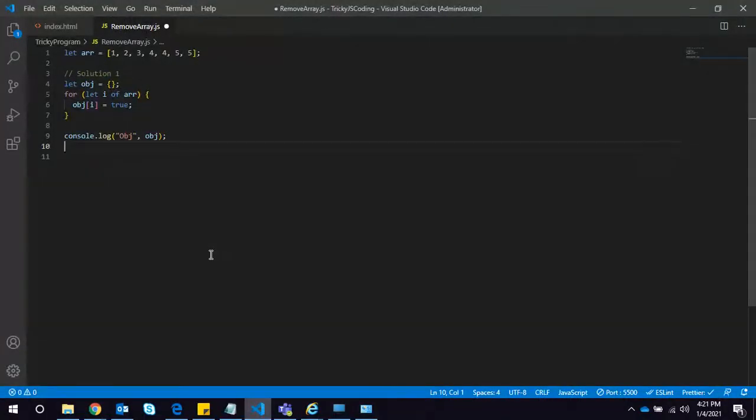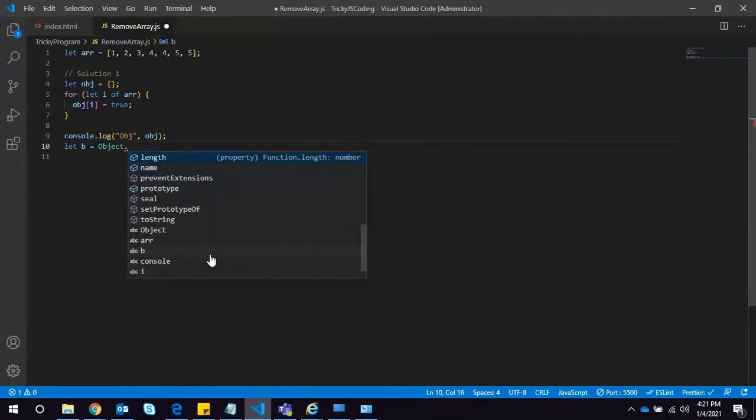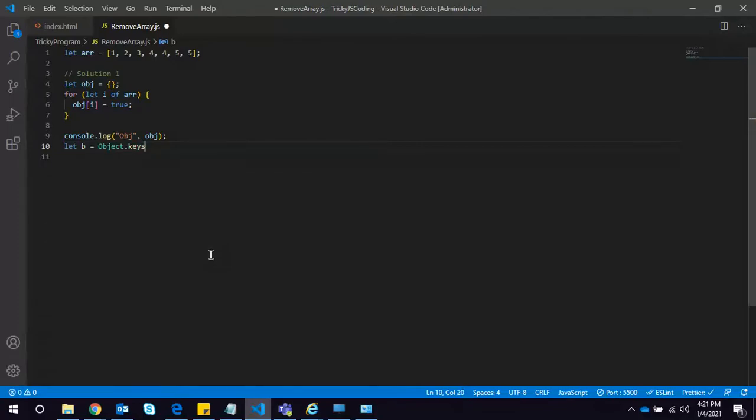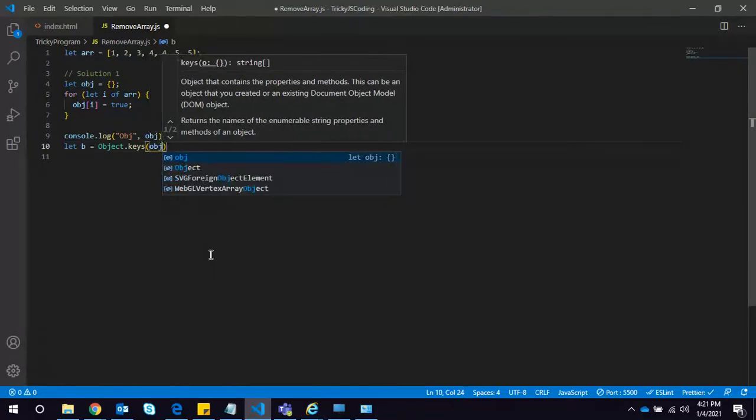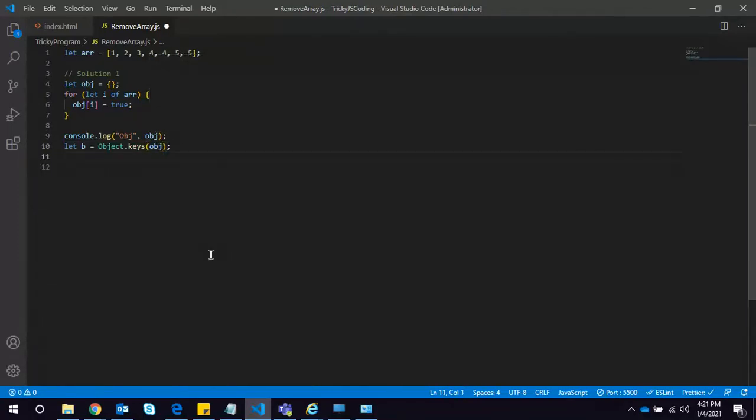Let b be Object.keys, and we will pass this object. And if you console log our b array,